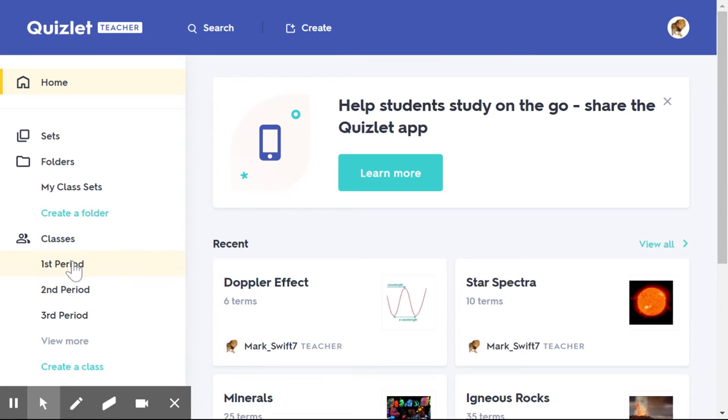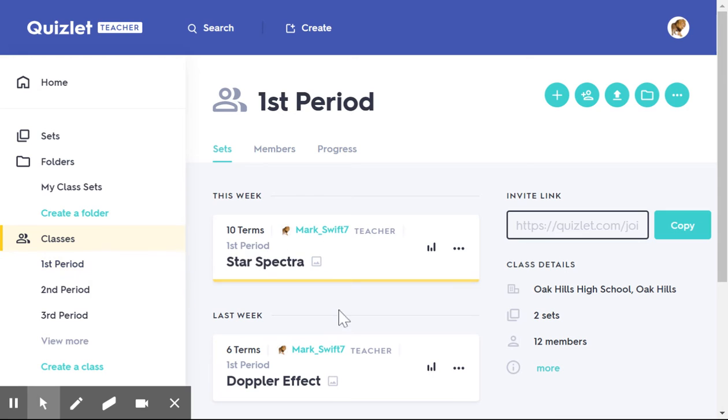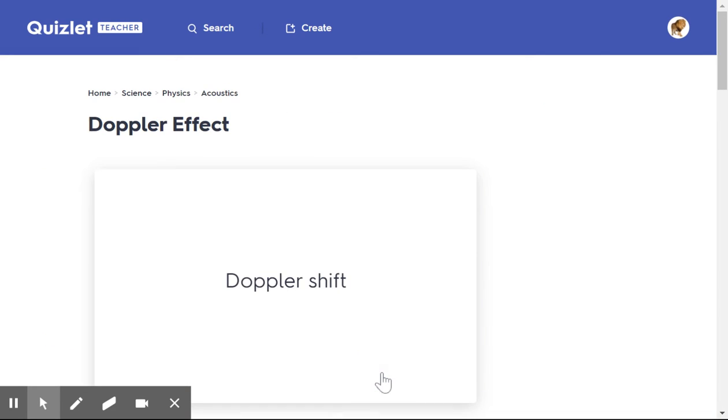So you should have a period folder with a couple of vocabularies in there. We're working with Doppler effect right now. We've done a few assignments on it, but we want to look at these vocabulary words a little more specifically. So go to Doppler effect, and